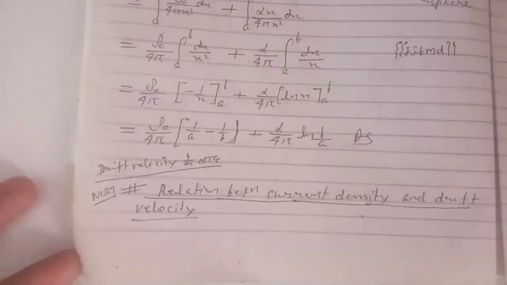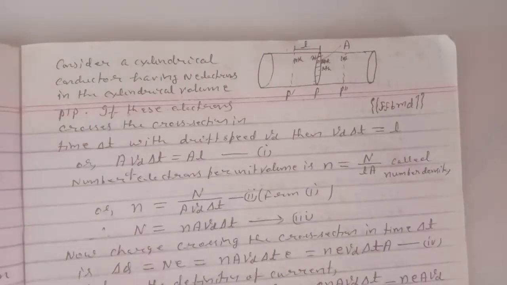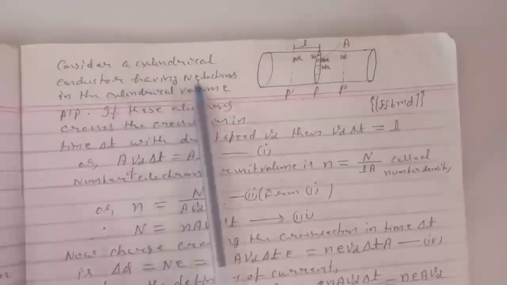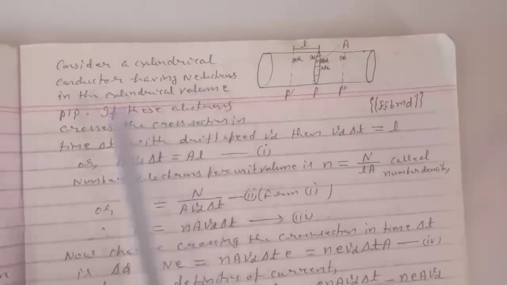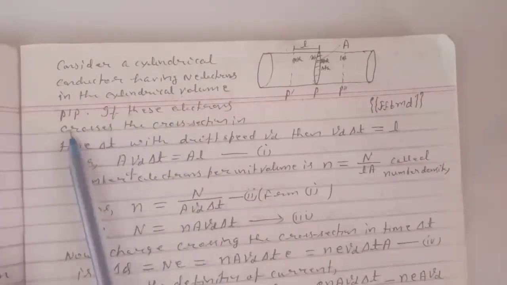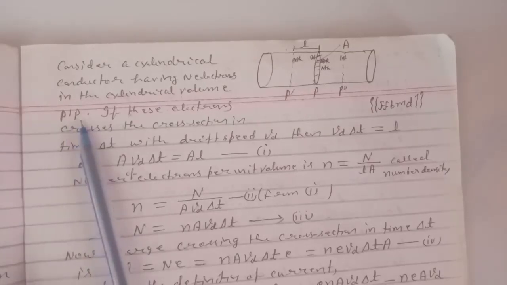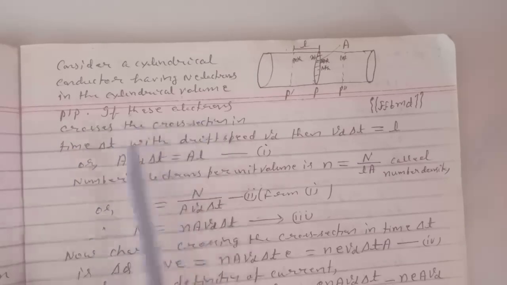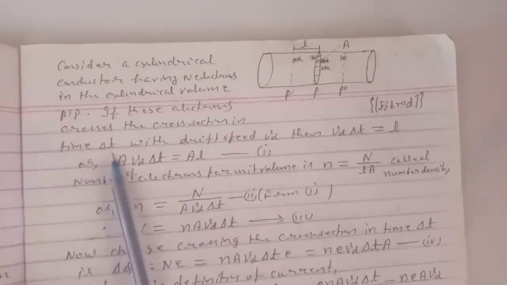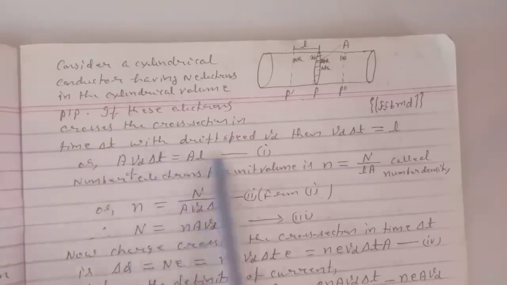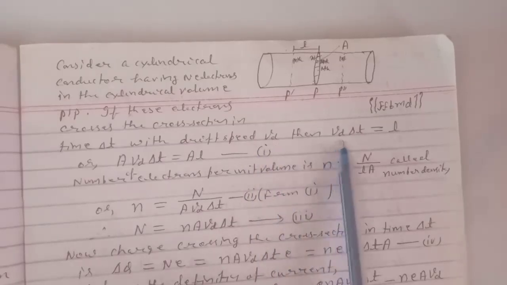Relation between current density and drift velocity. Consider a cylindrical conductor having n electrons in the cylindrical volume. If these electrons cross the cross section in time delta t with drift speed Vd, then Vd into delta t